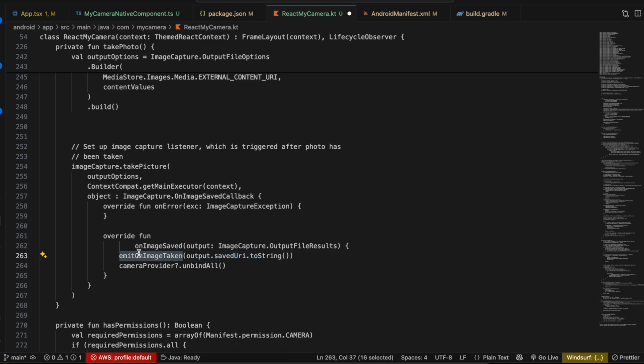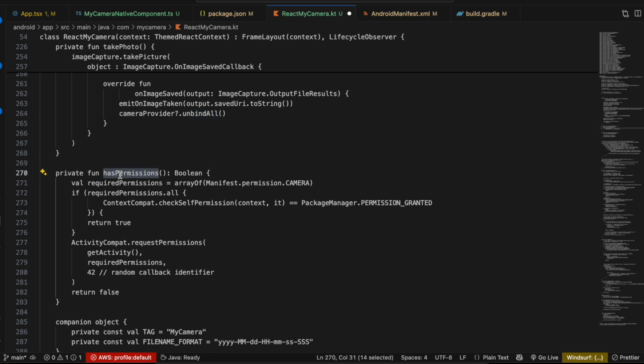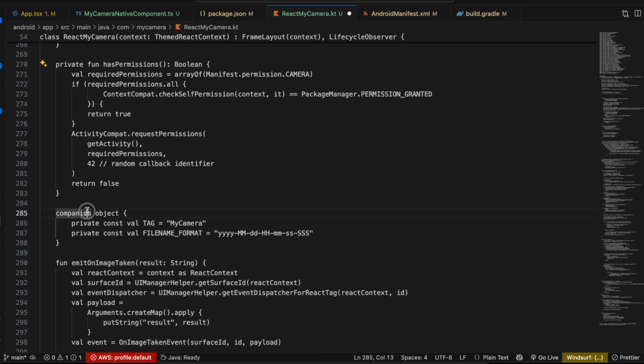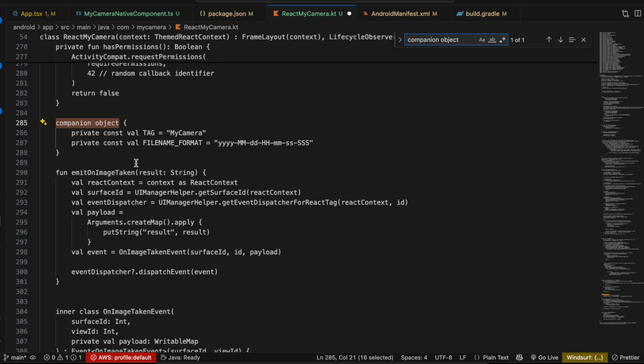Now this again is a little bit complicated, so here we unbind our camera provider. This is a helpful method which I have written just to check whether we have the camera permission or not. Okay, and here again I have created some helpful variables as well. Now here on, okay, let me just quickly check. Have I written the companion object twice? I mean, typically this is a bad practice, you should not write it twice. Okay, I have written it only once. Okay, so here is emit on image taken. Now this is how you send data from camera from UI to React Native side, from native side of UI